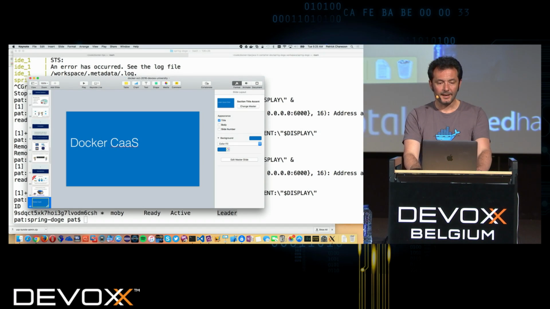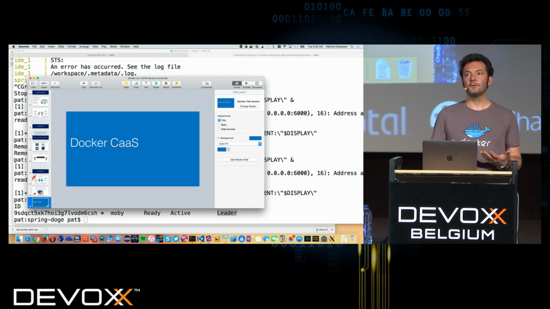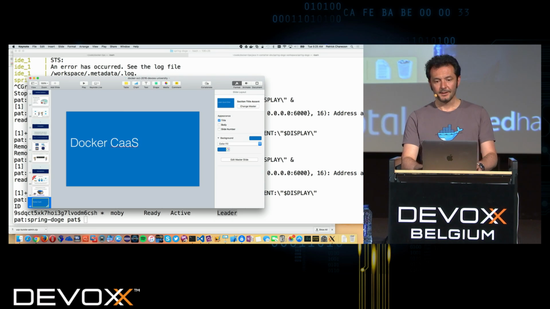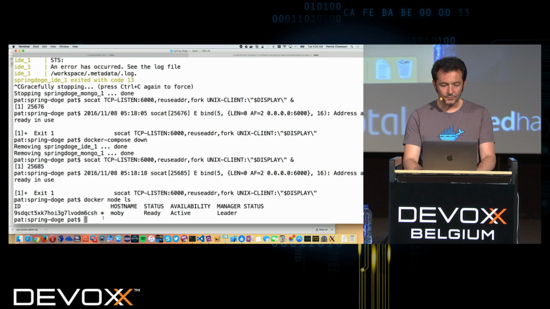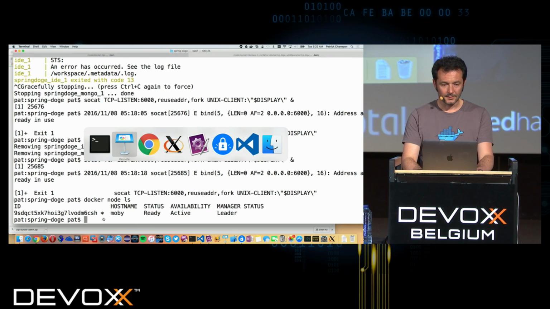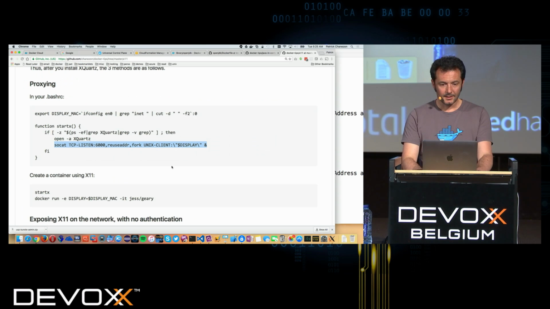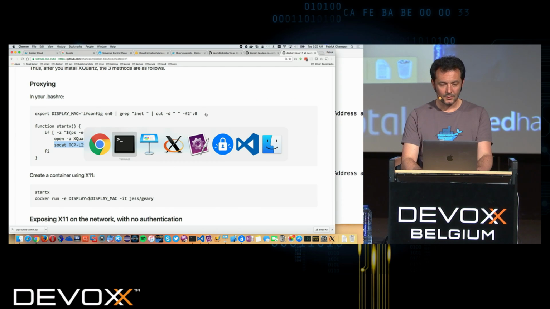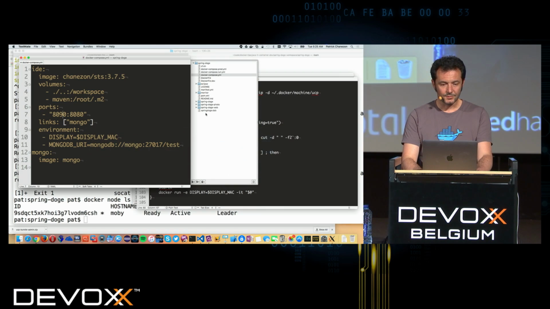Before I go to Docker CAS, I wanted to show you the kind of integrated experience that we are shooting for at Docker right now. So let's first run our Spring Doge application there locally first. Oh yeah, I wanted to show you the compose.